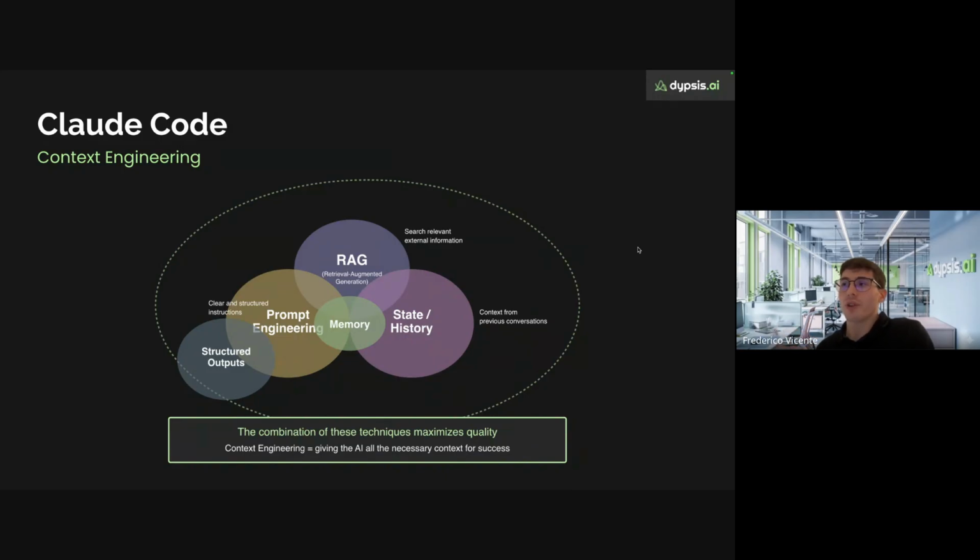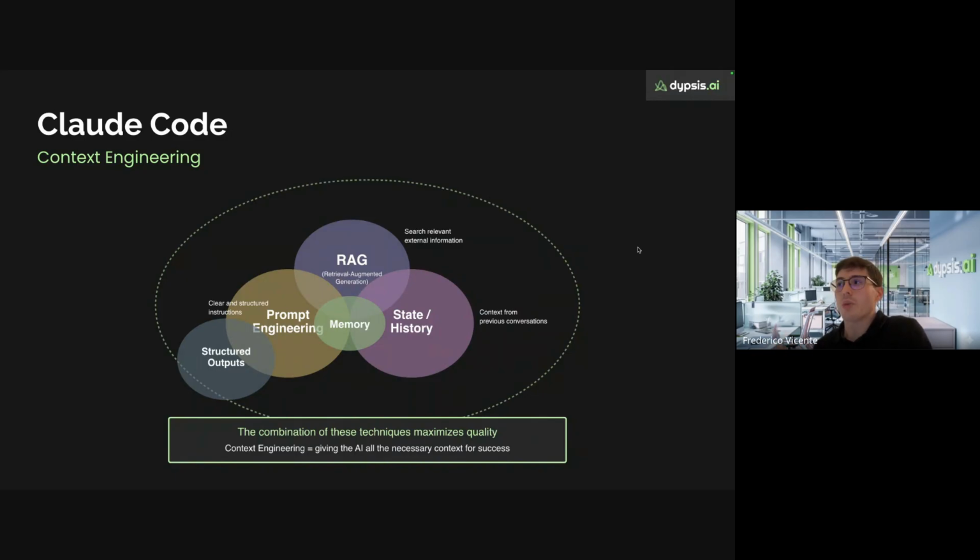For instance, it's very good to always be very precise about what you want, and to really instruct what you expect the output of the agent to be. This is the idea of structured output.